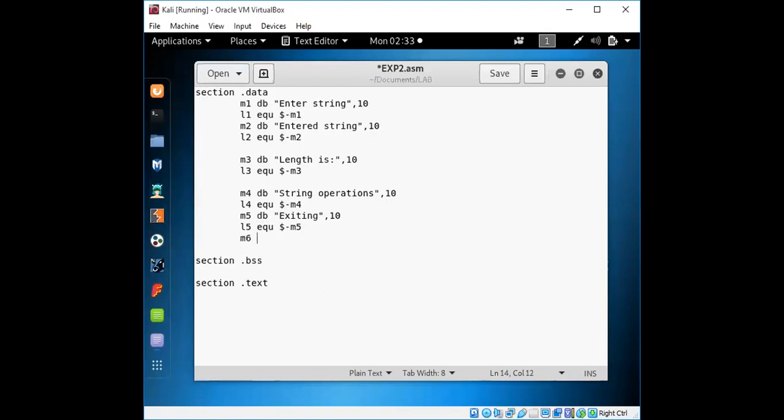So another message we require is for displaying the assignment, which assignment it is. Right? So it is the second assignment. You can have any different inputs. Now here it will be just an input for a string, so you can just mention these messages. It will be optional, so you can have this if required. Right. And last, that is for displaying the result string which you have entered.